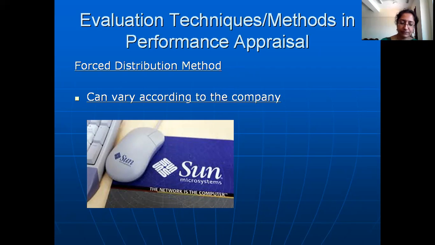So this is where a lot of competition can tend to crop up between employees. Accusations of bias in the ratings can come up. So to avoid this accusation, what raters can do is they can appoint a review committee. That review committee will check whether the rating is really bad or not. Another approach is these raters should be very well trained in order to do the rating, as well as give answers to frustrated employees who may question them as to why they have got a low rating. Okay, so all these things can be covered under the forced distribution method.